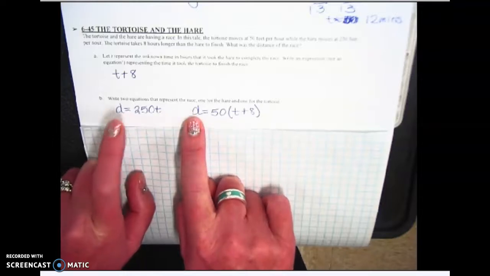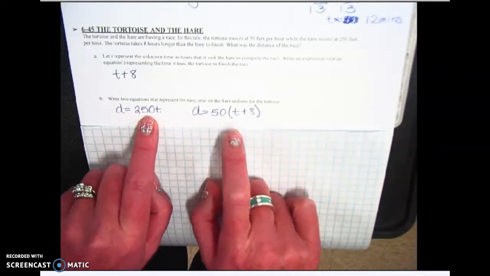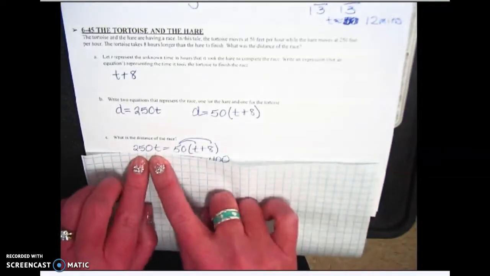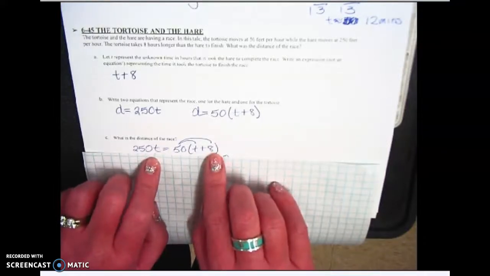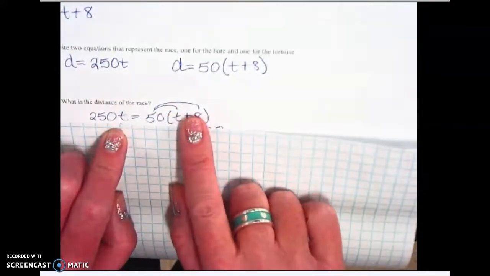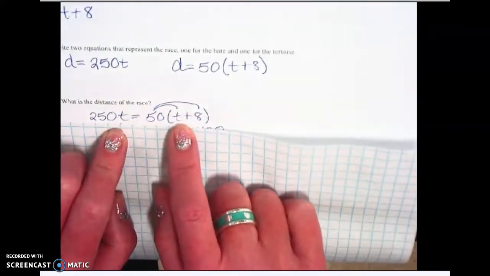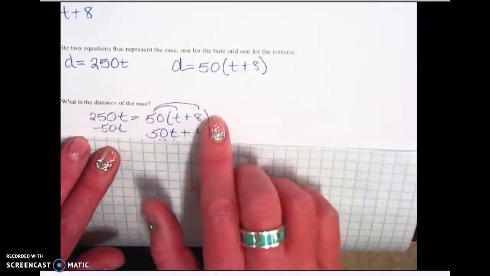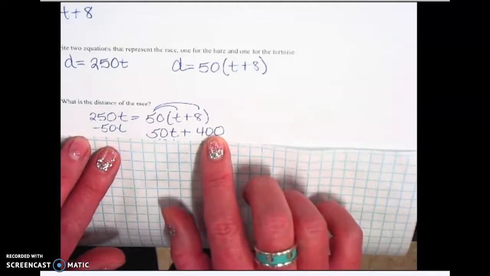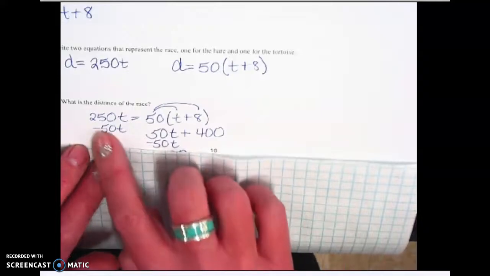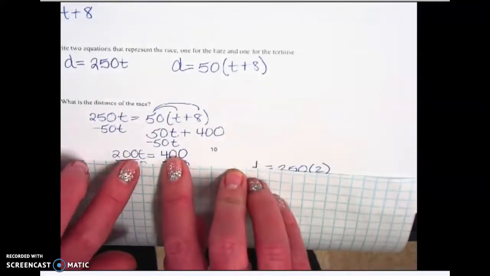Okay? If you have D and D, then you can take this expression and set them equal to each other. So you're going to say 250t equals 50 times the t plus 8. What do these little rainbows mean? I need to distribute right there, right? First, I'm going to multiply 50 times t, which is 50t. And then I'm going to multiply 50 times 8. I got 400. Okay. So we're going to subtract that 50t from both sides, which means we have 200t equals